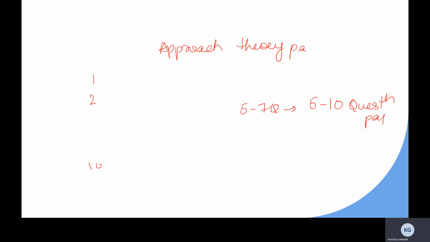And please let me clarify. 5 to 10 years question papers means the topic will be the same. For example, they would have asked about RCC, renal cell carcinoma, last year. Don't expect they'll ask RCC again. The question will not be the same; the topic will be the same. That you have to understand. Last 5 to 10 years question paper means it's not the same question. It will be the topic or the concept which will be repeated, not the question.